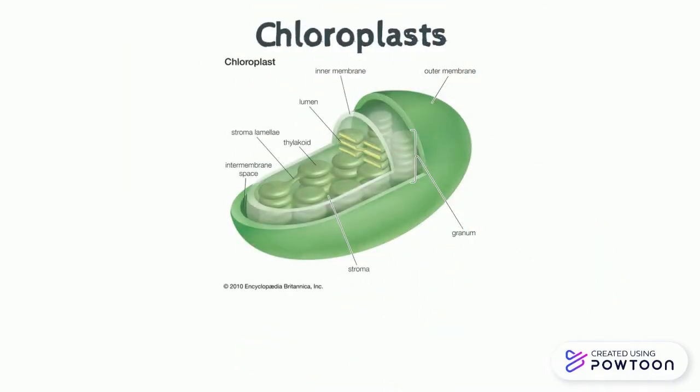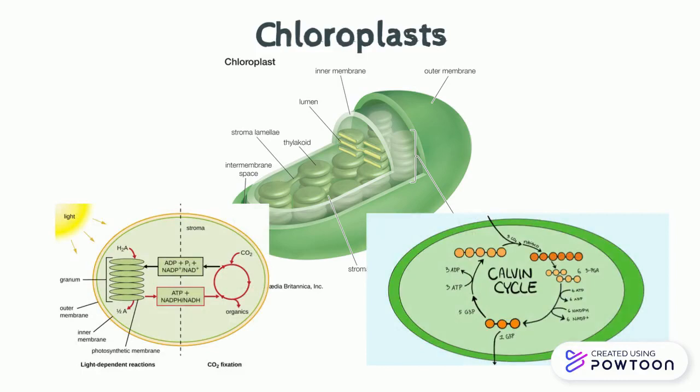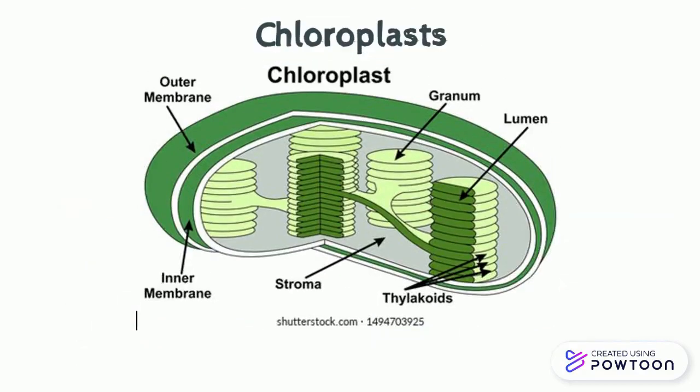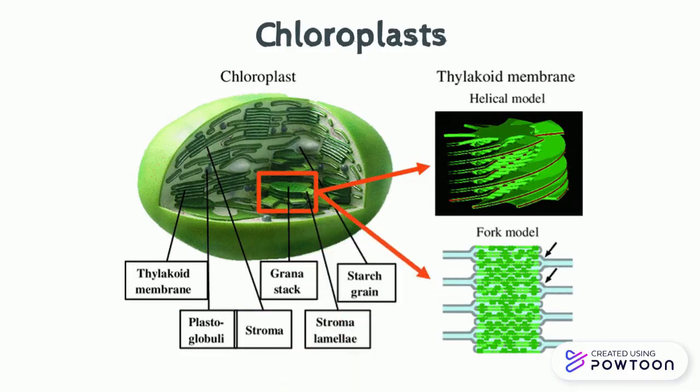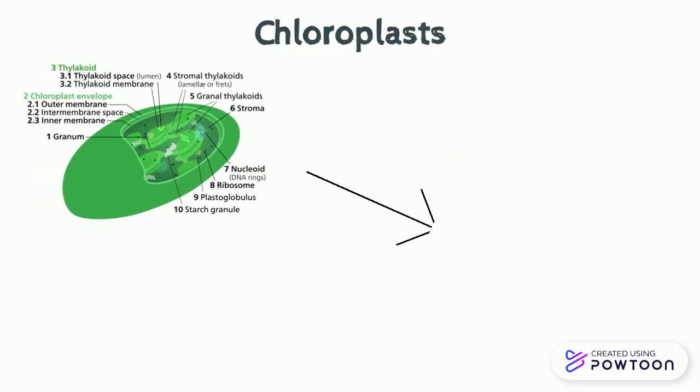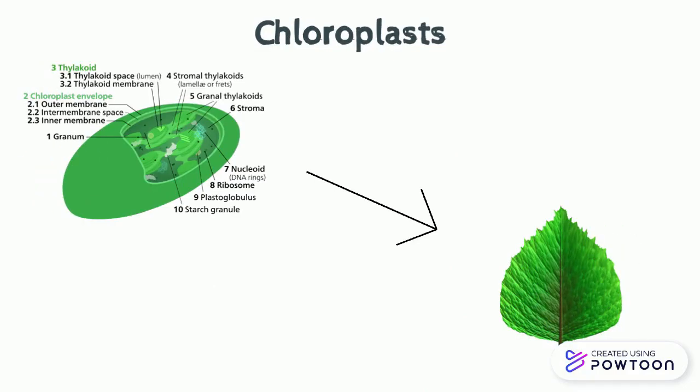Next, we are going to be talking about chloroplasts and how they're important when talking about both the light-dependent reactions and the Calvin cycle. A chloroplast is an organelle formed from three membranes that conduct photosynthesis by absorbing the sun, and both of these stages take place within the chloroplast. The third membrane of the chloroplast is called the thylakoid membranes, and this is where light-dependent reactions occur. Fun fact, the thylakoid membrane is what gives leaves their green color because of the chlorophyll and other pigments that